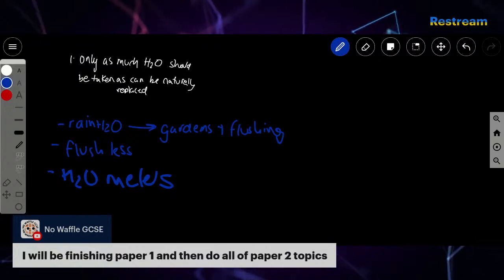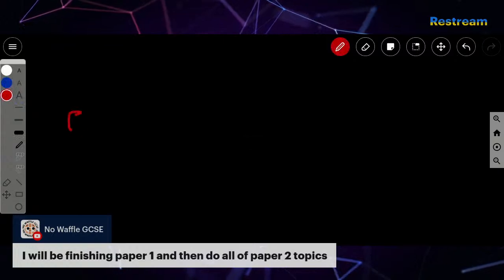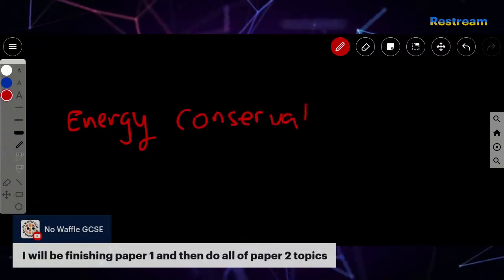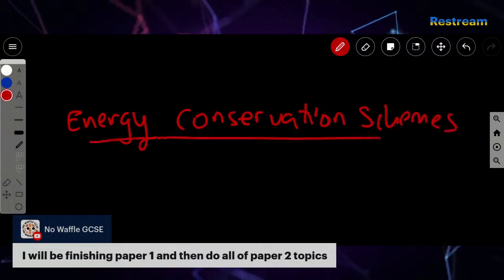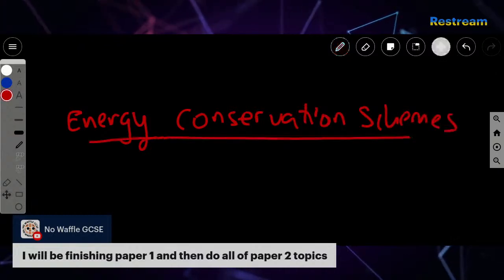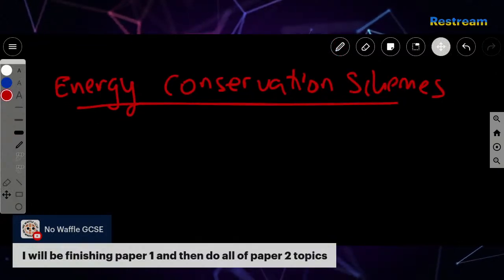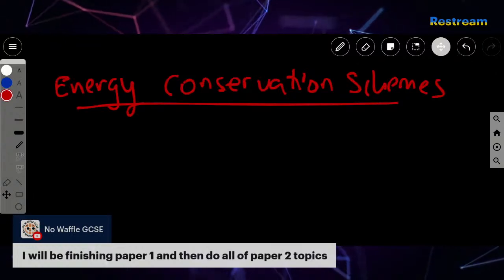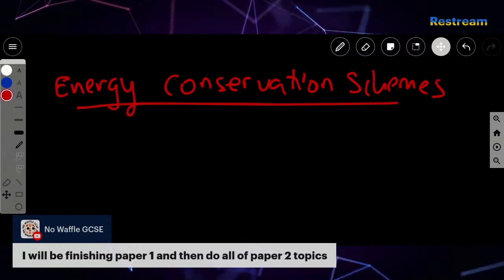Now, we're going to look at energy conservation schemes. So, energy conservation schemes will include stopping the burning of fossil fuels to generate power, because we realize that it's not sustainable as they will one day run out. So, things such as promoting renewable energy,